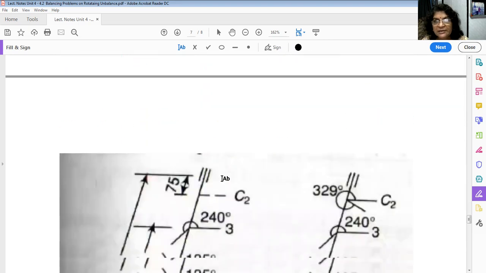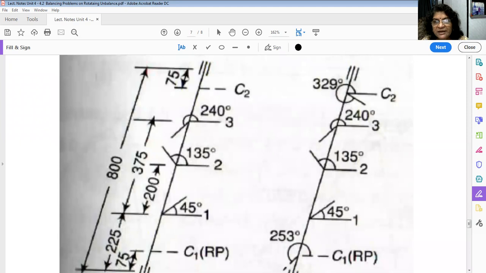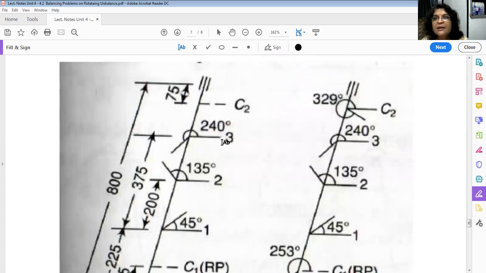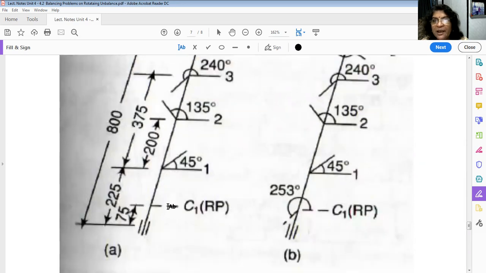Okay, let us see. These are the two bearings. This is the left hand side bearing. So the counter mass plane is at 75 mm from this bearing. Okay, this is your plane number, say L, or C1. And this is plane number 2, that is C2, which is also at 75 mm from the bearing. So we have to balance the system by providing MC2 at this plane C2, which is 75 mm from the right hand side bearing, and the other plane here, where we provide MC1, which is at a distance 75 mm from the left side bearing.